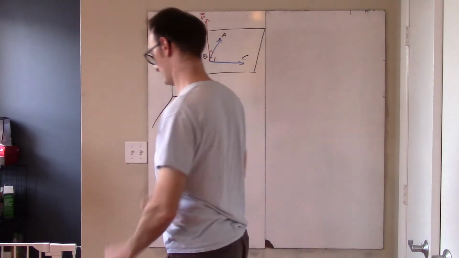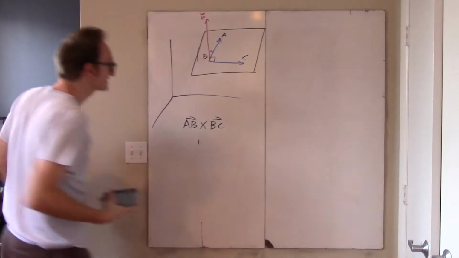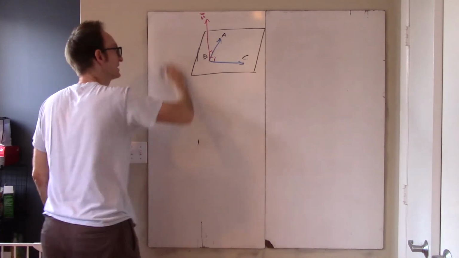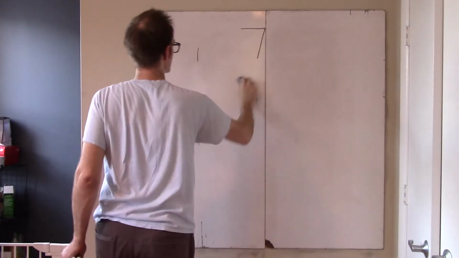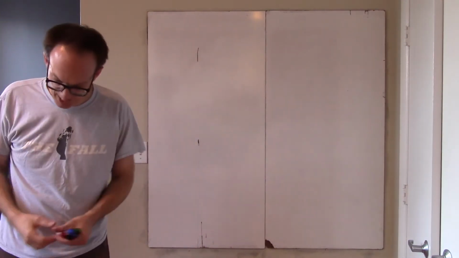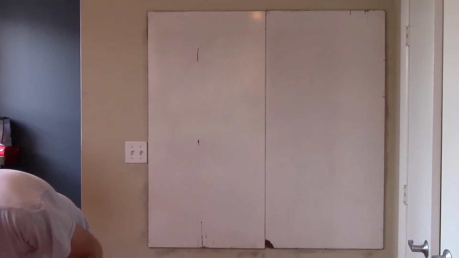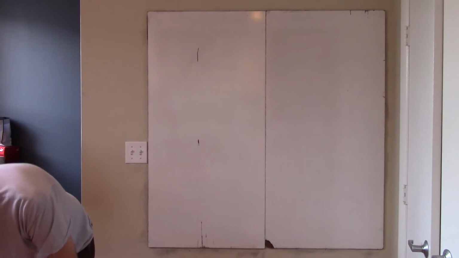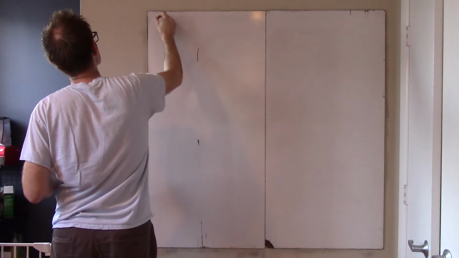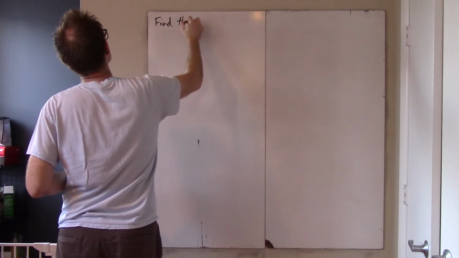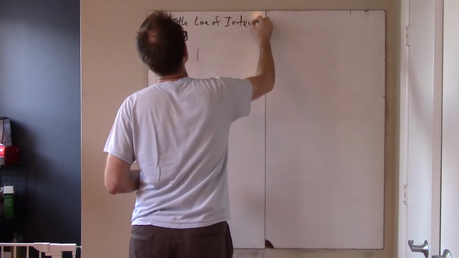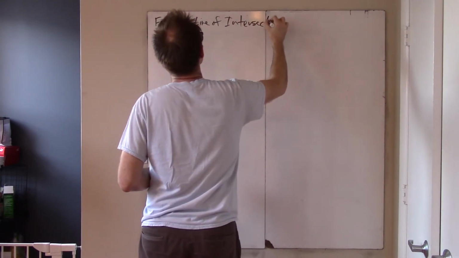And there are many other kinds of little tasks such as this. But I thought there's one that we could do right now because it's sort of interesting, and this will be the last thing that we do in this video. Okay, and this task is to find the line of intersection